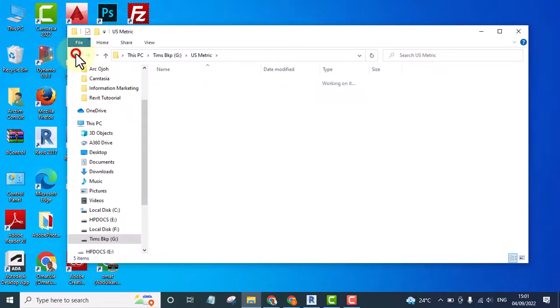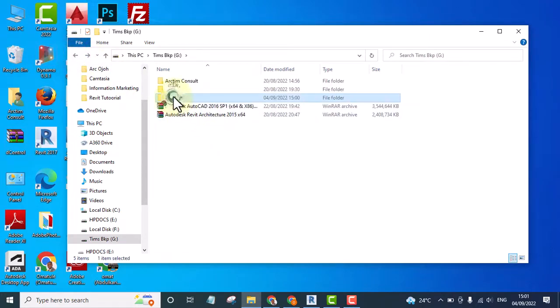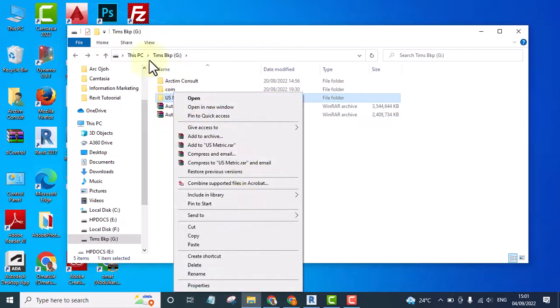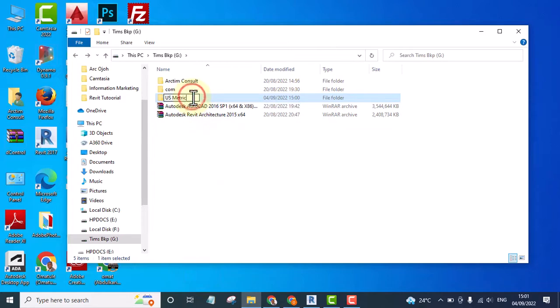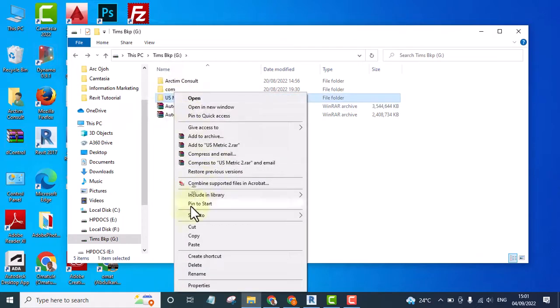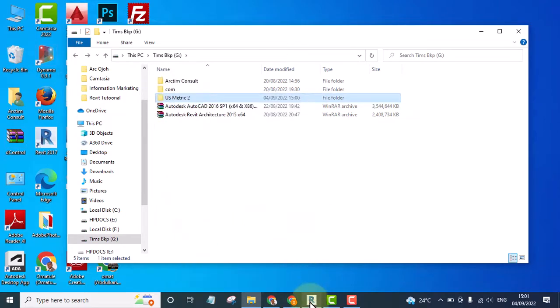Okay, let's assume I want to copy this one into my, you can see this is my external hard disk. If I want to copy from my external hard disk now, or from any part of my computer into the Revit folder, all I need to do is to copy it. Let me rename it so that I will know the one I'm dealing with. Okay, if I assume I want to copy it now, simply right click on it, copy, then go into your Revit,